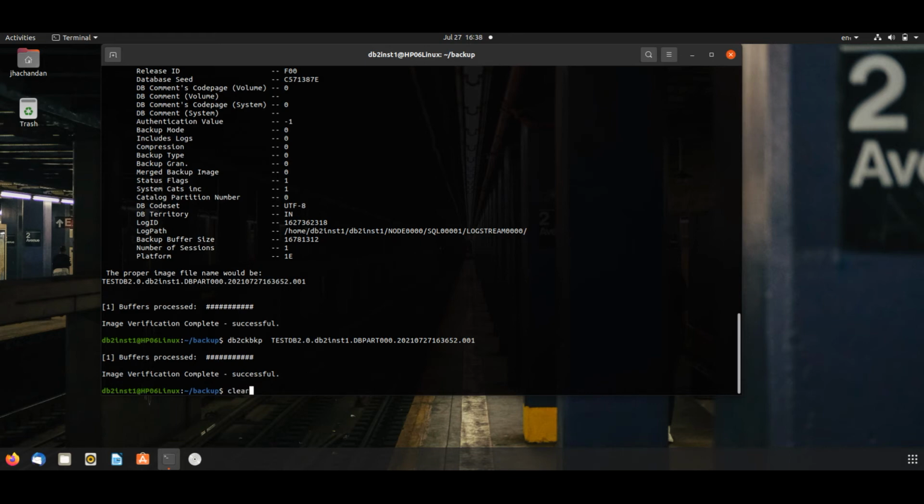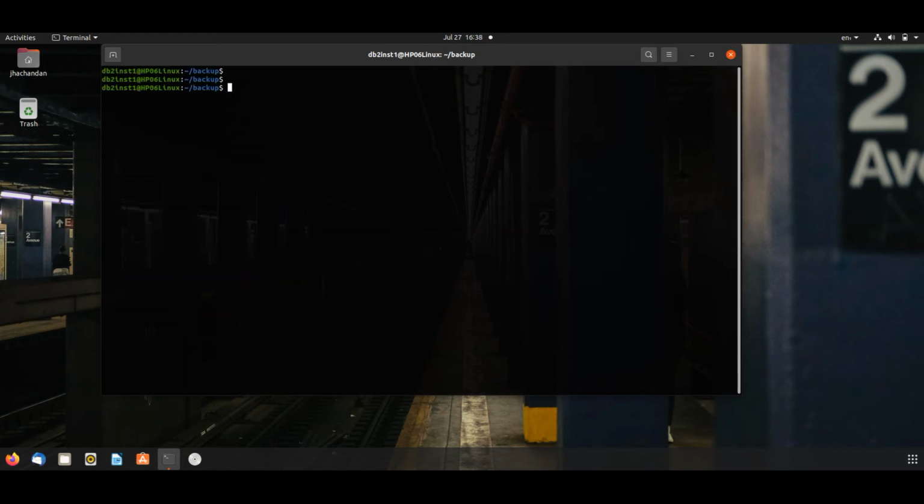Moving on to the next command, if we want to take this database online backup, meaning without stopping the database or application, db2 list active databases.